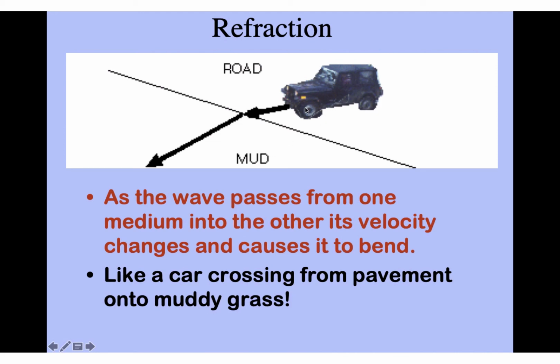So think of this as refraction. When the light strikes at an angle, one side of the light strikes first, and it causes it to slow down. Just like when the Jeep strikes the mud, the tires that are in the mud first slow down, and it causes the Jeep to turn a little bit. And then when the Jeep is completely in the mud, it'll straighten out because all the tires are in the mud again, right? If we were going out, the opposite would happen. When the tires hit the pavement, they would get traction and it would cause it to bend. Refraction works just like that.